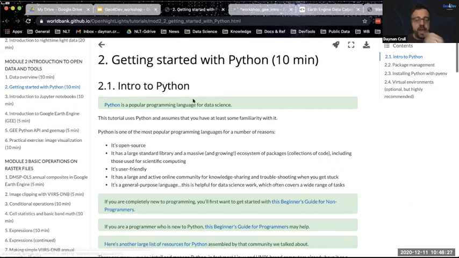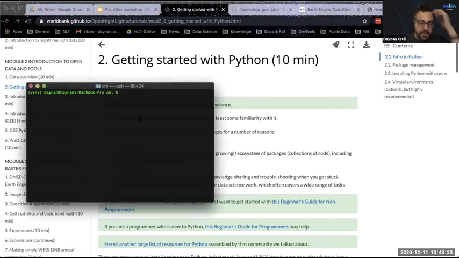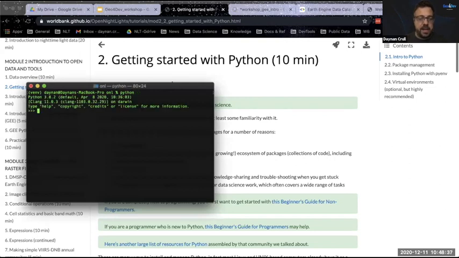If you don't have Python on your machine, and chances are you do, one of the things you can do, and you should be able to see my terminal here, is just type Python in, and an interpreter should show up like this. That means you have Python on your machine and you're accessing it. You can even go further and ask, what version of Python do I have? Well, I have Python 3.8.2.